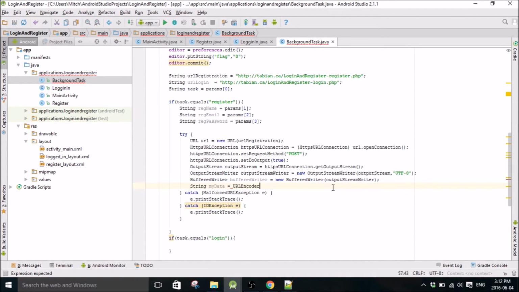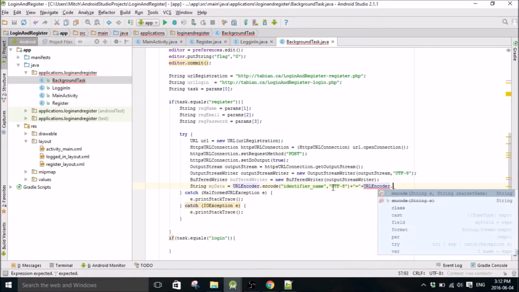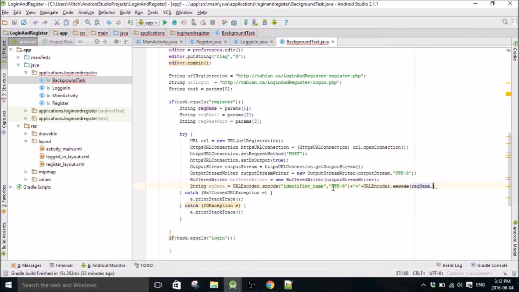Then you need a URL encoder. These are the identifiers that I was talking to you about earlier in the previous tutorials with the PHP. So identifier name and text style. Okay. Plus. Oh, very important that there are no spaces here. It won't work if there are spaces, so keep that in mind. If you get some mysterious error somewhere, take a look there. Pass the registration name and text,